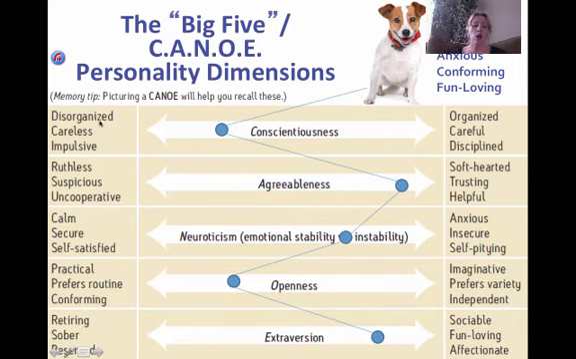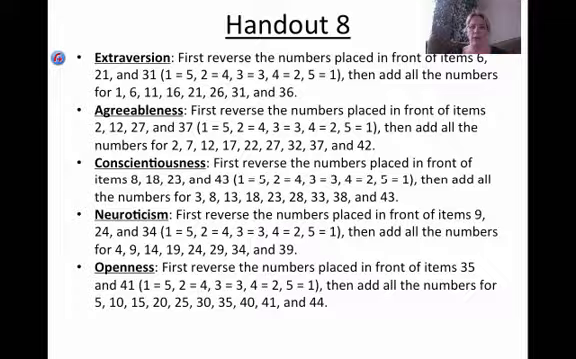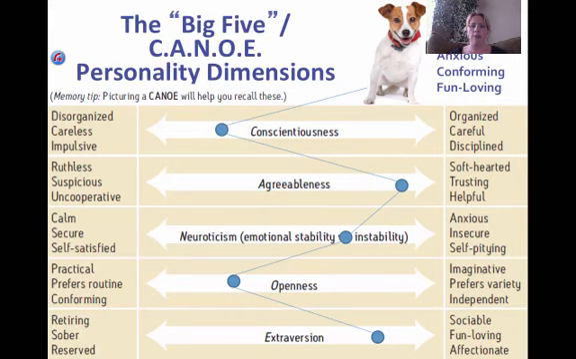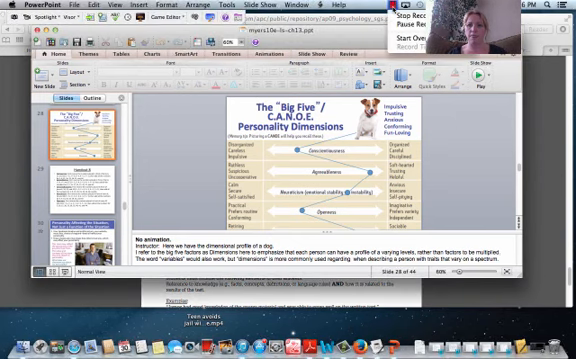Again, if we look at the Big Five, these CANOE personality dimensions, you can be highly conscientious, which is organized, careful, and disciplined, or low, which is disorganized, careless, and impulsive. Where you fall on each of these different measures puts together the traits that are the core of your personality. Tomorrow in class we are going to be taking a lot of these different tests. You can be taking some of the Big Five, some of the Myers-Briggs, and some other various personality